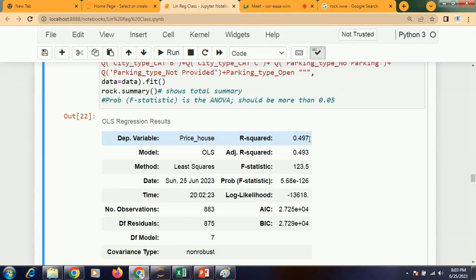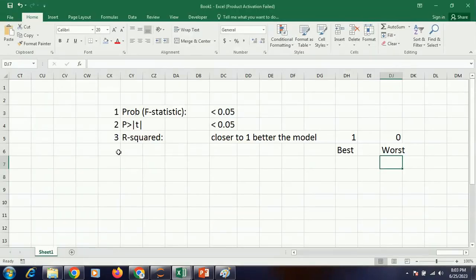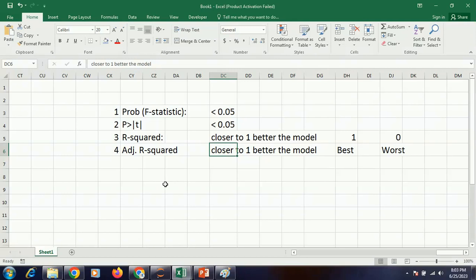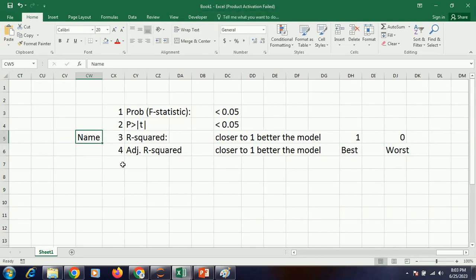Along with r square you also need to check adjusted r square. And what does adjusted r square tell you? It's the same thing, closer to 1, better the model. 1 means the best and 0 means the worst. But r square has a problem: if I include some unnecessary variable, like maybe my owner's name, which is absolutely of no use, still just because I have added an extra variable, r square will increase.